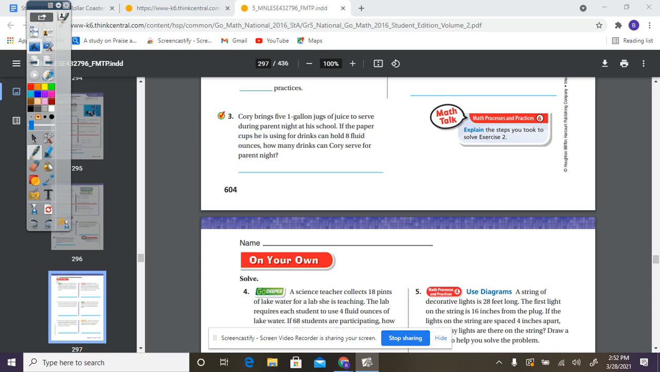So Corey buys 5 1-gallon jugs of juice to serve. So he has 5 1-gallon jugs. That means he has 5 gallons, right? If the paper cups he is using for drinks can hold 8 fluid ounces, how many drinks can Corey serve for parent night? So the bigger question is how many fluid ounces are in 1 gallon? That is why this is multi-step, okay? Because we know that there are 8 fluid ounces in 1 cup, okay? If we look back at our chart, where I'm getting this from,